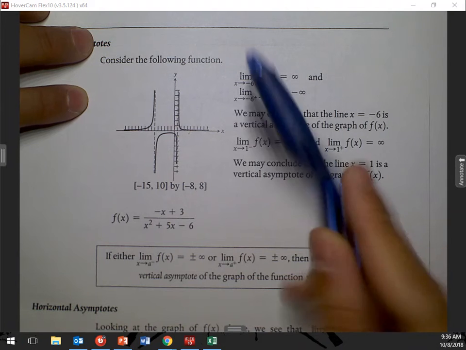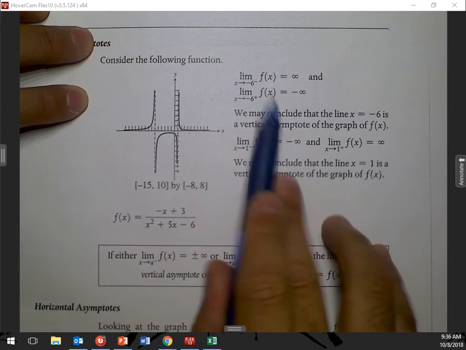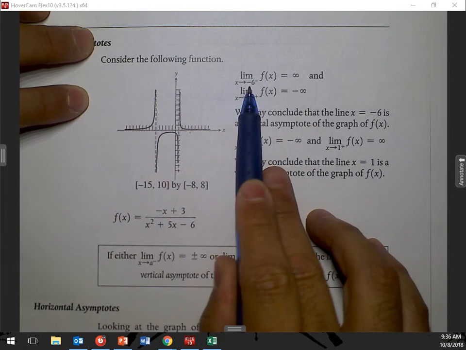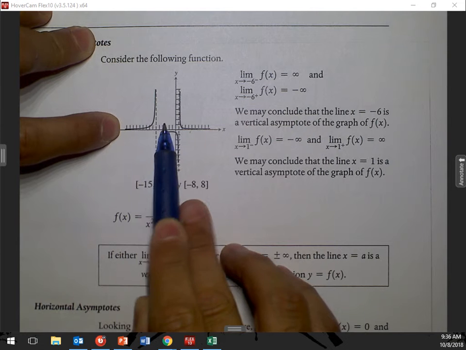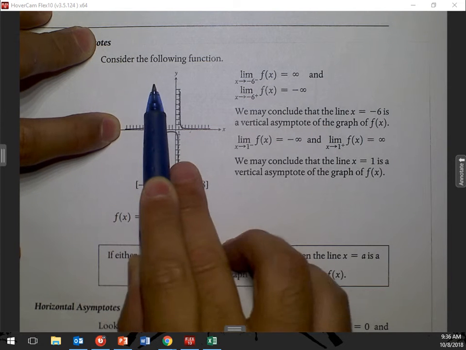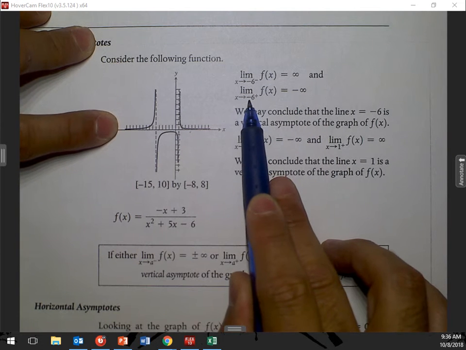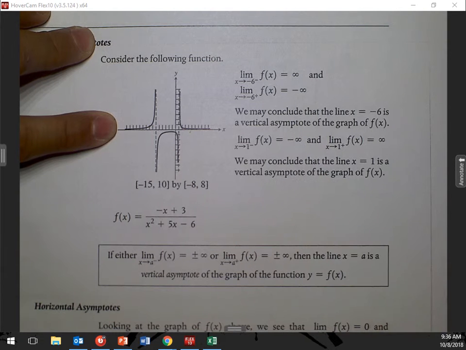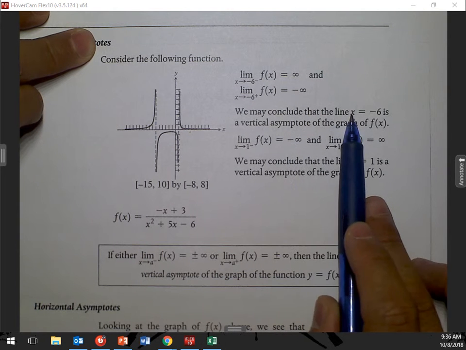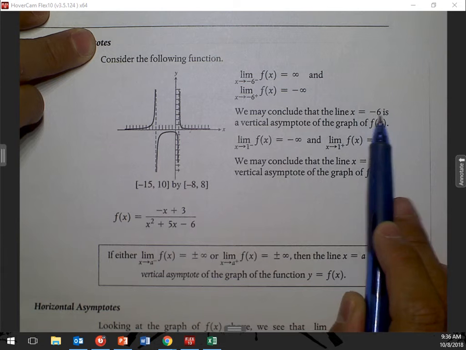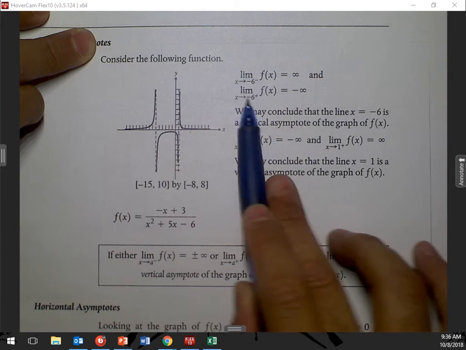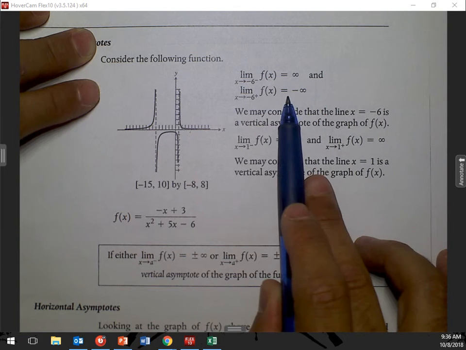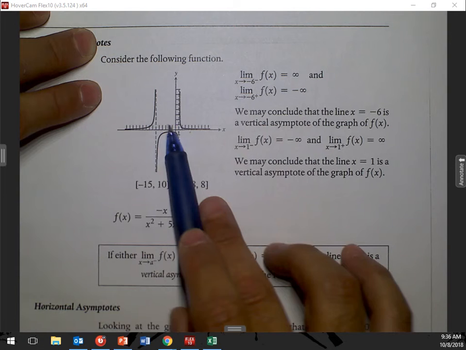function right here, the limit as x approaches -6 from the left-hand side goes up to positive infinity. The limit as x approaches -6 from the right-hand side is going down to negative infinity. Conclude that the line x equals -6 is a vertical asymptote because both left and right-hand sides actually go to